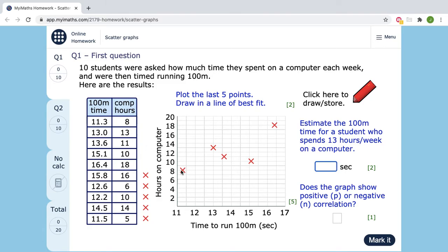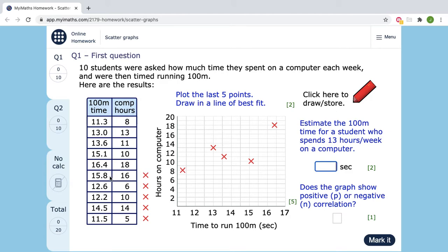And that's reflected by this point here, 11.3 across, 8 up. So the horizontal axis is the time to run 100 meters, and the vertical axis is the hours they spent on the computer. So each of these crosses, 1, 2, 3, 4, 5, is one of these people. And we've got to complete the